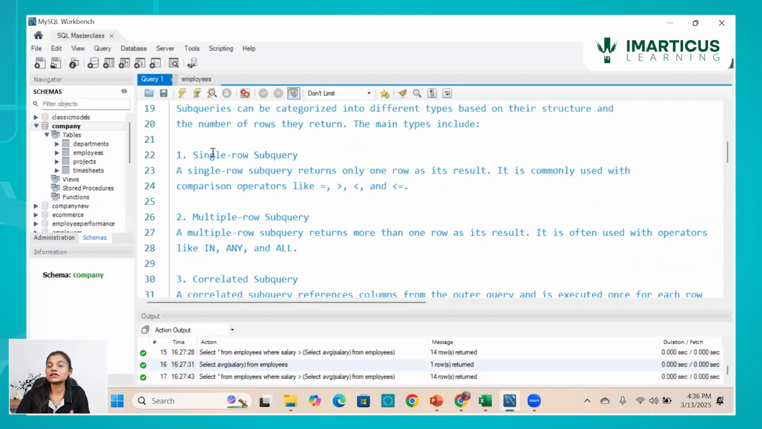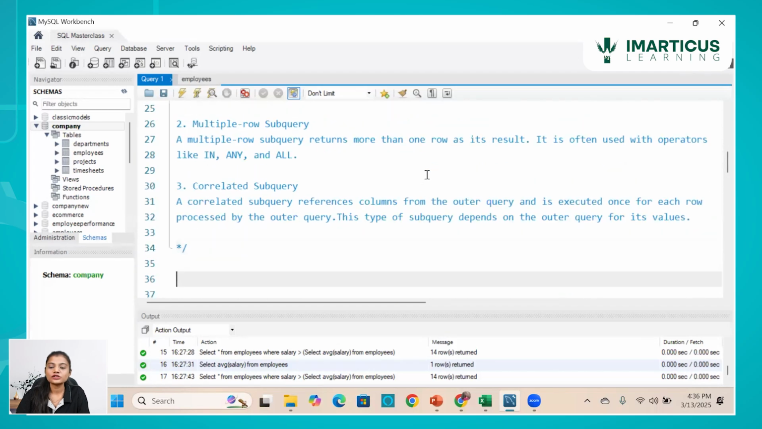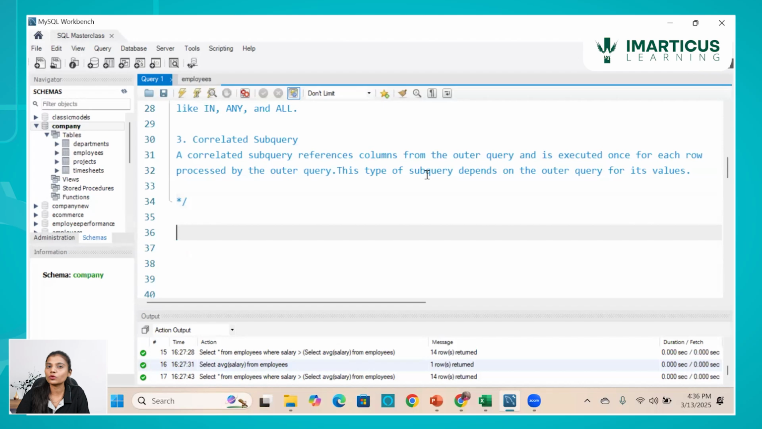Now, as we have seen a single row subquery, what does a single row subquery say? A single row subquery returns only one row as its result set. So it is going to return only one row for us. Now imagine,